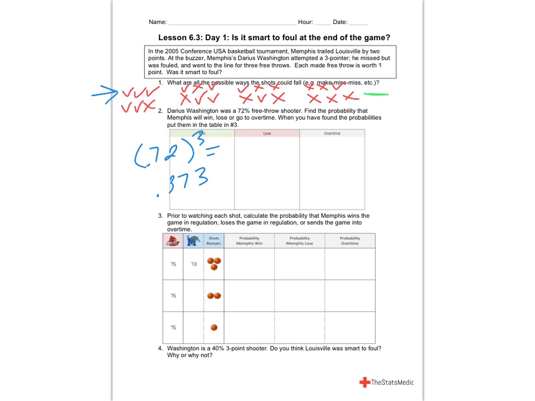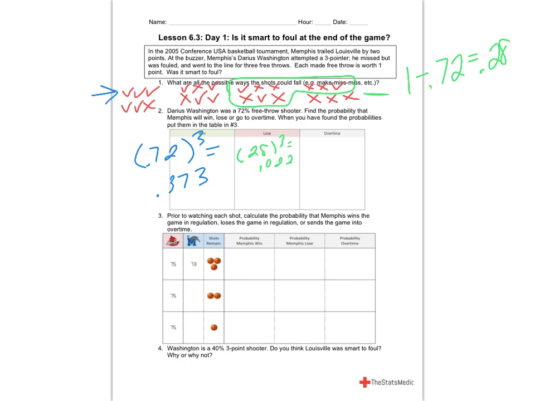So this one right here, where he doesn't make any of them, or he makes only 1 of them. So any of these possible combinations here. There's one combination where he doesn't make any of them. Well, if he's a 72% free throw shooter, the probability that he doesn't make it is 0.28. So the probability that he doesn't make all 3 is 0.28 to the third, which is